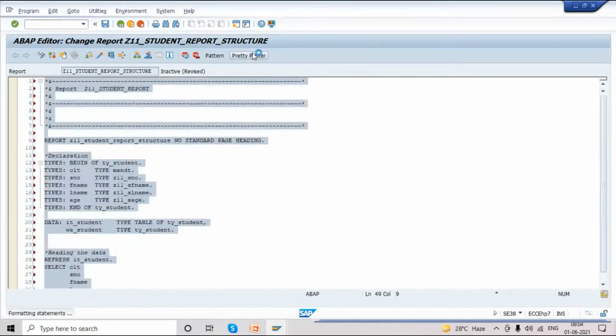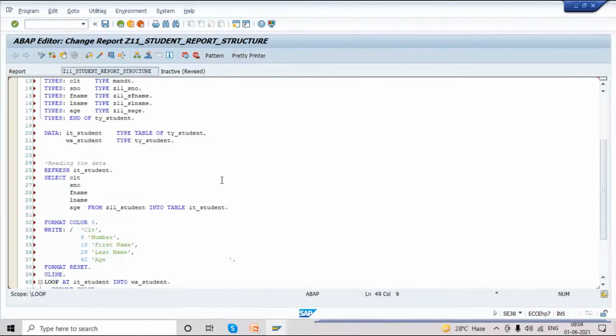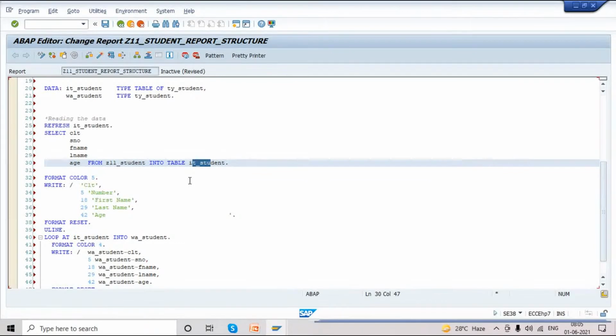If you use select star, it will read all 11 fields of data from the database, and we are using only 5 fields. The other 6 fields of data are unnecessary. We are reading them and pushing them into the internal table, but not doing anything with that. So instead of reading unwanted data, suppose you are reading 20,000 or 30,000 entries from a table having 400 fields. Standard tables always have more than 200 fields, many of the actual business tables.